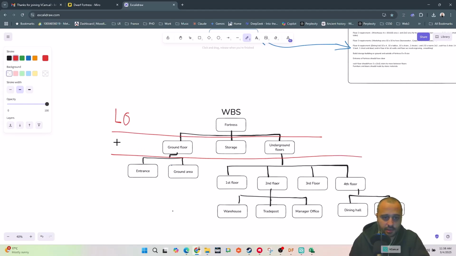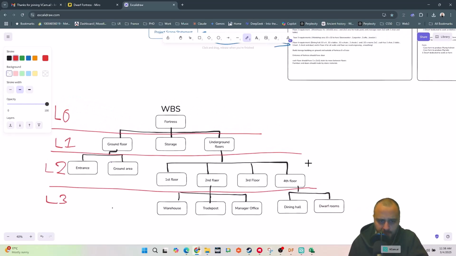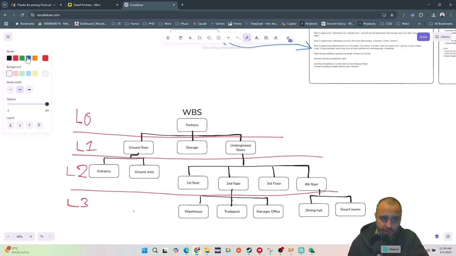This is level 1 on the WBS, and this is level 2, and this is level 3. The whole project is broken into basically 3 sub levels, and the work breakdown structure is a very important